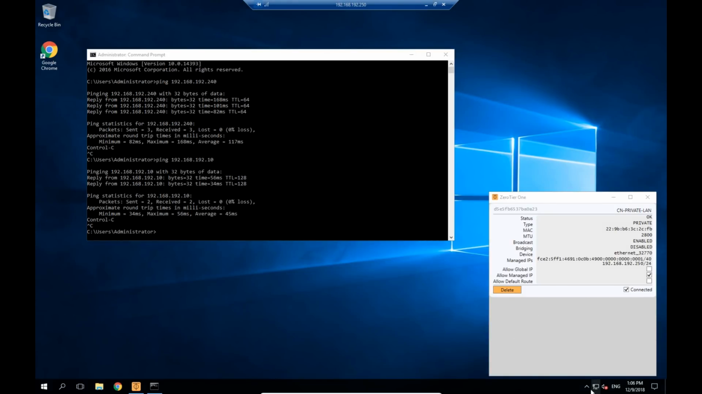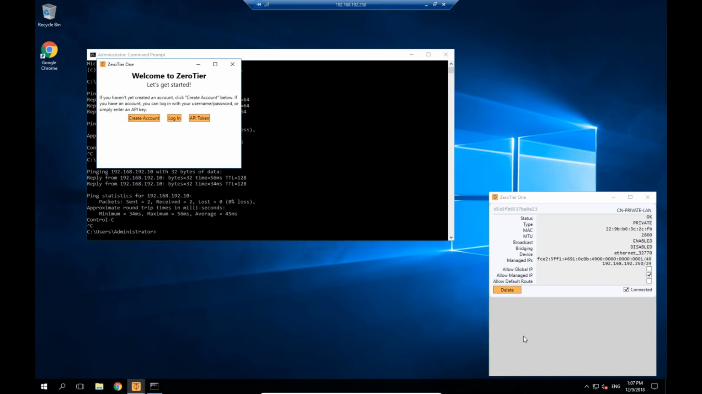Okay, so actually let me do this on my machine. You can do it on any machine really, except I don't know how to do it on Linux. But for Windows, for gaming, all you have to do is right click on your icon for ZeroTier and choose create and join network. Okay, what that's going to do is